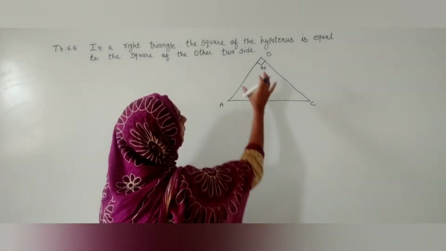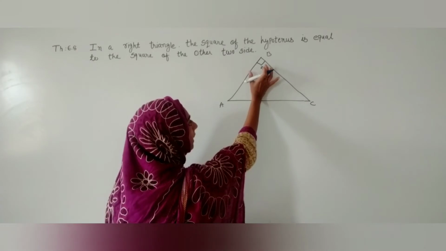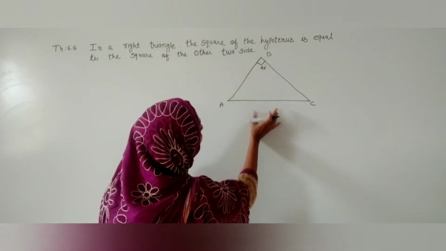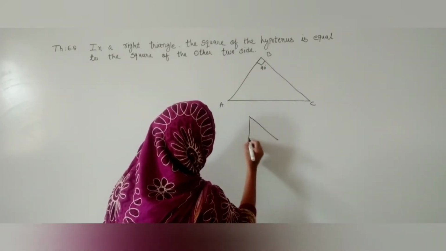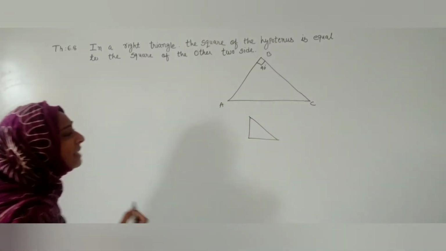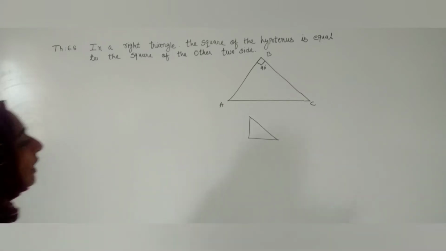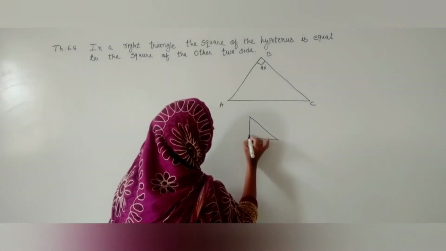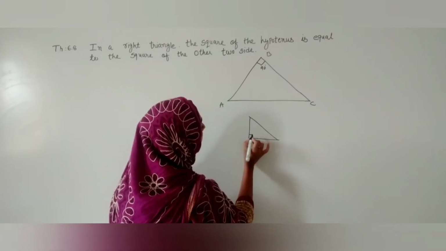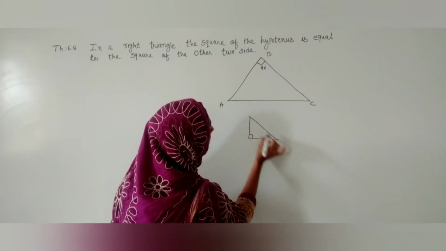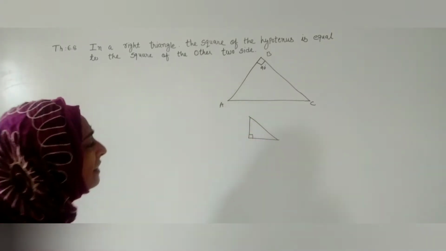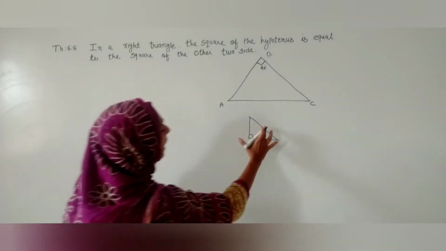The most important question is, if we are taking angle B as 90 degrees, then as the Pythagoras theorem told us... In smaller classes we learn the Pythagoras theorem, but we don't know how it is proved. But in 10th standard we prove how it is formed. In smaller classes we learn that wherever there is a 90 degree angle, the slanting side in front of it is called the hypotenuse.